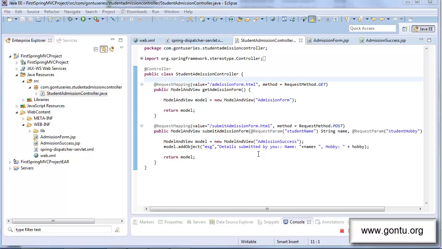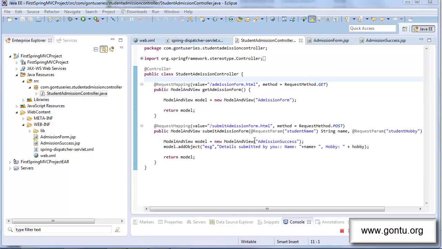Now in this tutorial, I'm going to talk about use of request param annotation, and alongside I will explain how to write and handle HTML forms in a Spring MVC application. Alright, let's start. Just to save some time, I've already created an ultra simple demo to explain all these